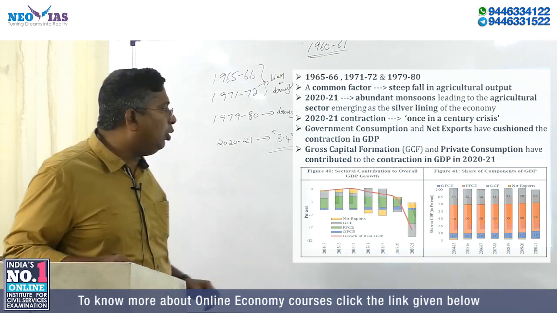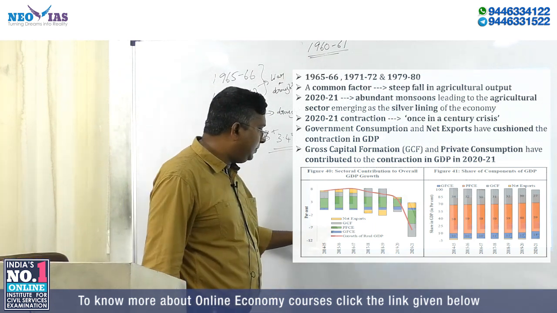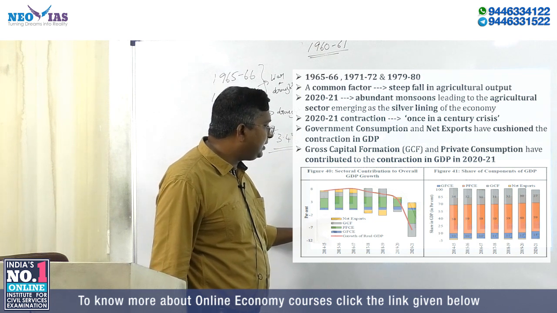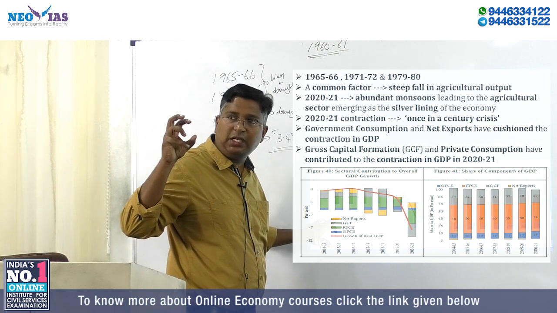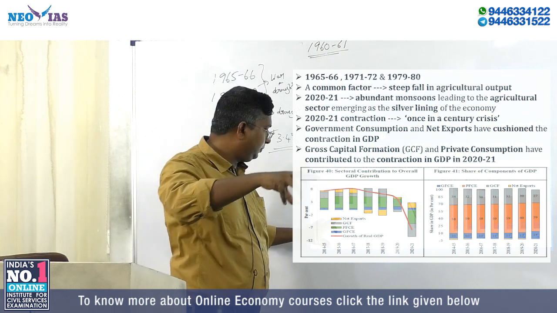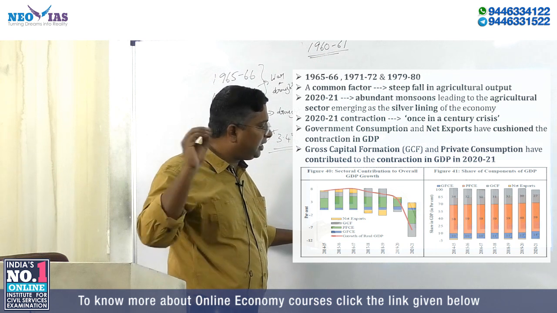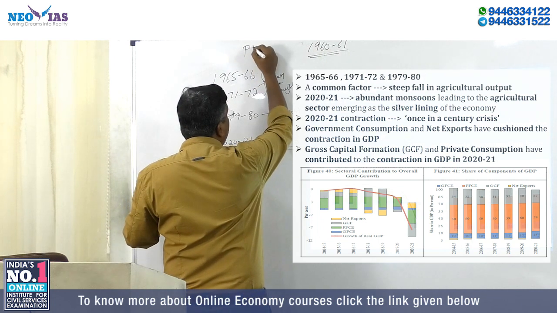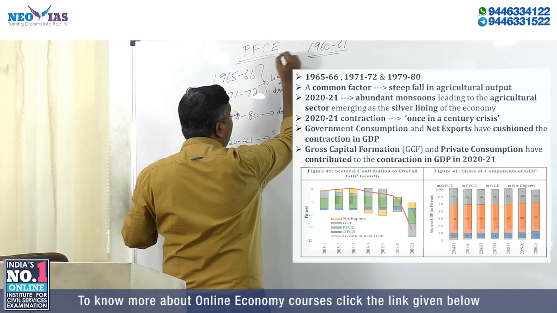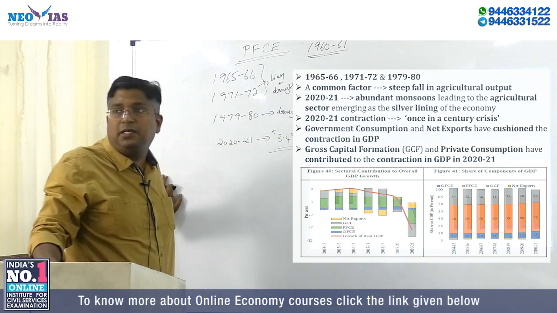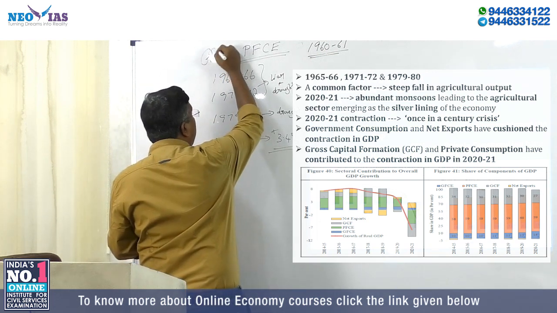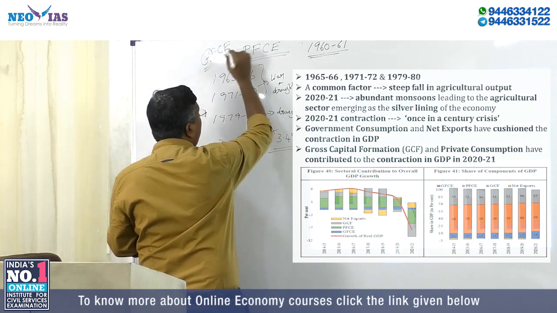Sectoral contribution to overall GDP growth, okay? So you understand this: this yellow color is net exports. This ash color is gross capital formation. What is gross capital formation? It is the expenditure made by the private sector. Then private final consumption expenditure, which is household consumption. And then this government final consumption expenditure, or government expenditure.